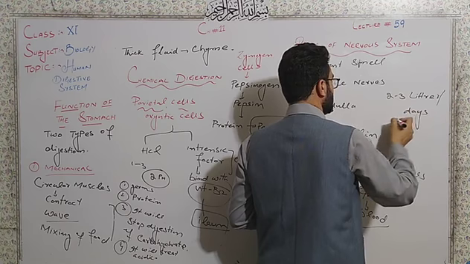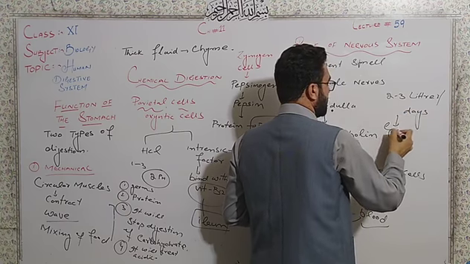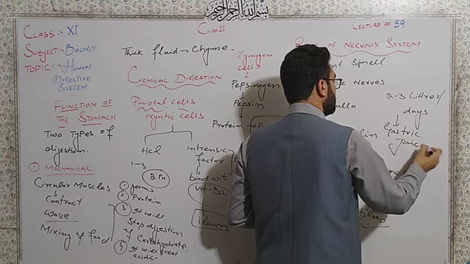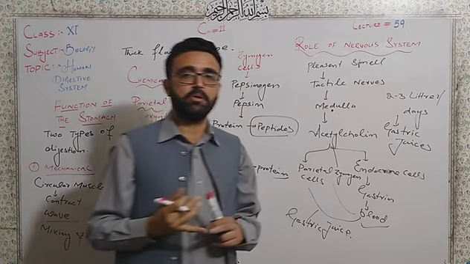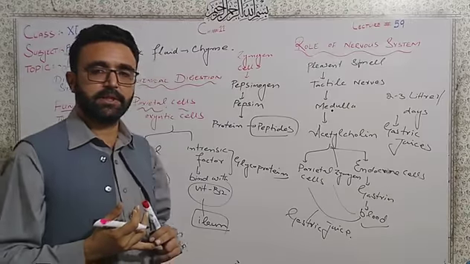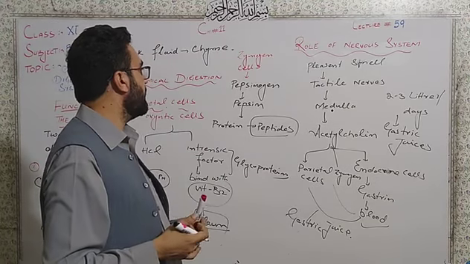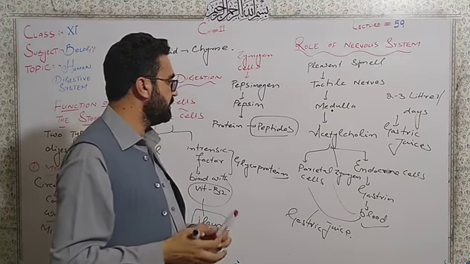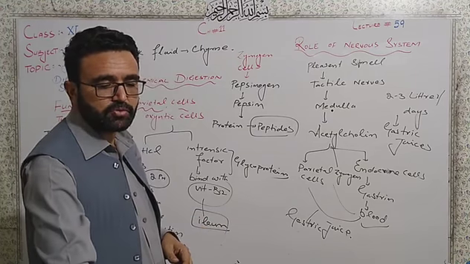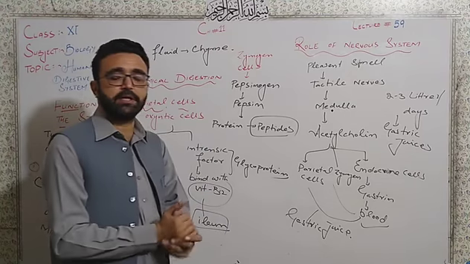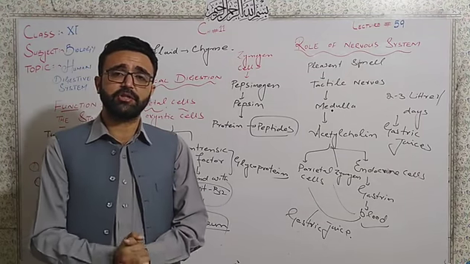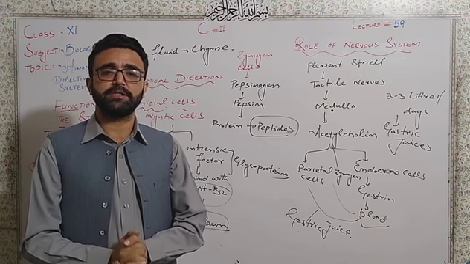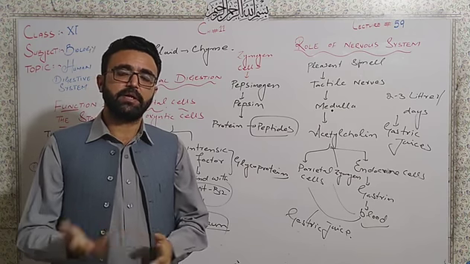All the secretions of the stomach are called gastric juices. Dear students, but it depends upon the presence of the amino acid in the stomach. Next lecture inshallah we will try to explain the digestion in the small intestine